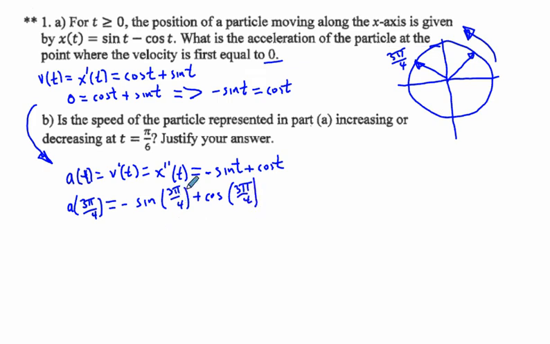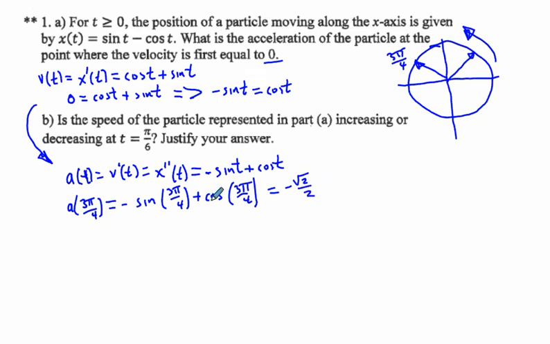Okay, sine 3 pi over 4 is going to be square root of 2 over 2. So that's going to be equal to square root of 2 over 2, but we have negative. Sine 3 pi over 4 is square root of 2 over 2, so we're going to have negative square root of 2 over 2